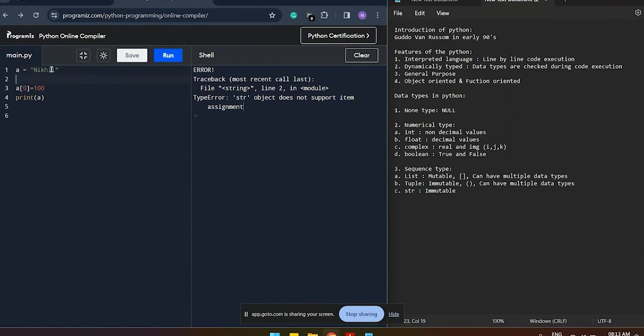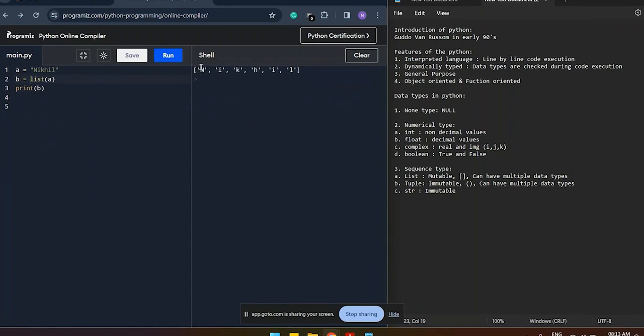You have to convert that string into a list, and after that you can run the operation. To convert the string to a list, you can write list of A and put it into B. If you print B, you get the list, and after that you can use the indexing, zeroth, first, second, and so on, right? You can change the value there, and after that you can reconvert it into your original string.